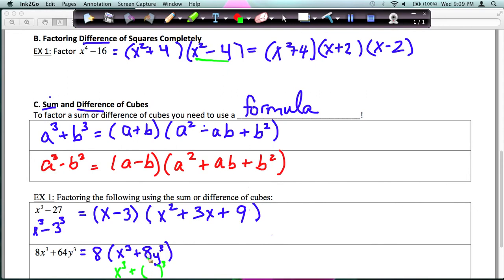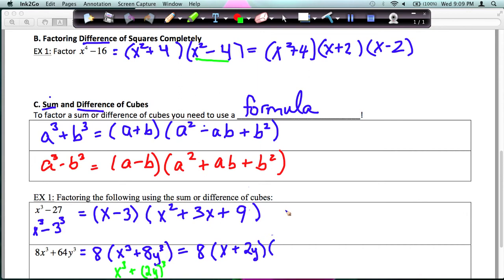Start with the number. What number multiplied 3 times gives you 8? And that would be 2. And then for y cubed, this would be y. So 2y in parentheses raised to the third power gives you 8y cubed. I now know my a is x and my b is 2y. Okay, so let's go ahead and factor this. We have 8 in front, and then the formula for a sum of cubes says to just do a plus b. So remember, I'm ignoring the power of 3. This is my a, and this is my b. So a is x, b is 2y,